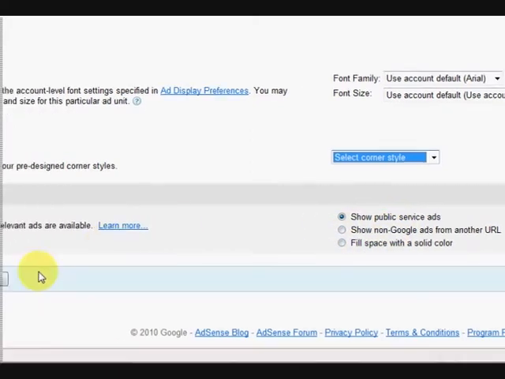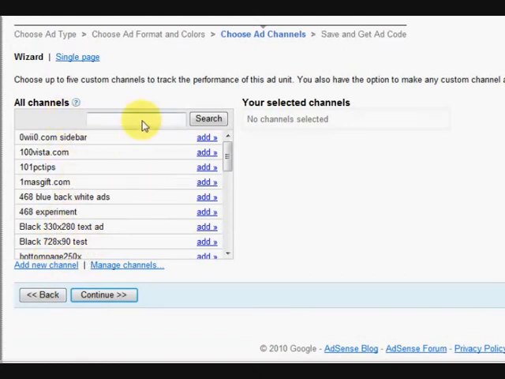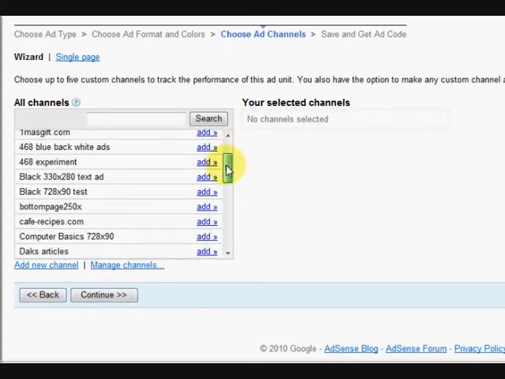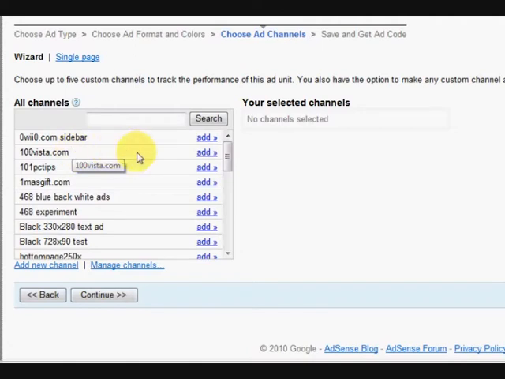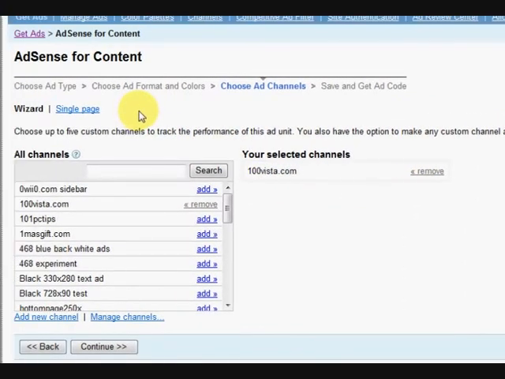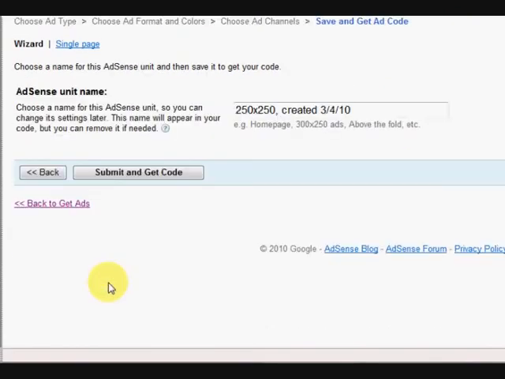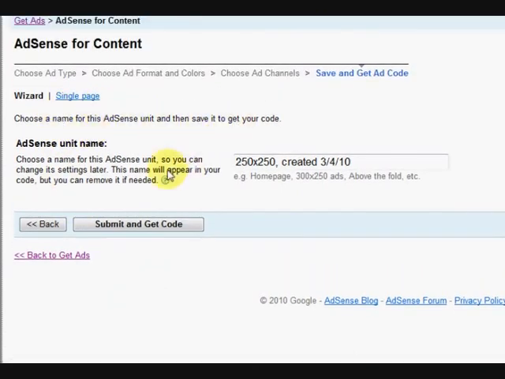choosing something else here. Okay, so at this stage now I press continue, and I have channels. So look, I'm not even going to go into the channels. Just say you've got different websites, you can make a channel for that. So all you have to do is press add channel, add new channel, and add it. Now, and then you go and choose it like this. You just press add and it goes over here. Okay, now that will apply that channel to that. It's a label, like if someone clicks on it, then you'll know where it's been clicked. Okay, you'll know which website, or you can even have channels for pages and stuff like that. Alright, so we're just going to press continue without a channel, and now we can see the AdSense unit